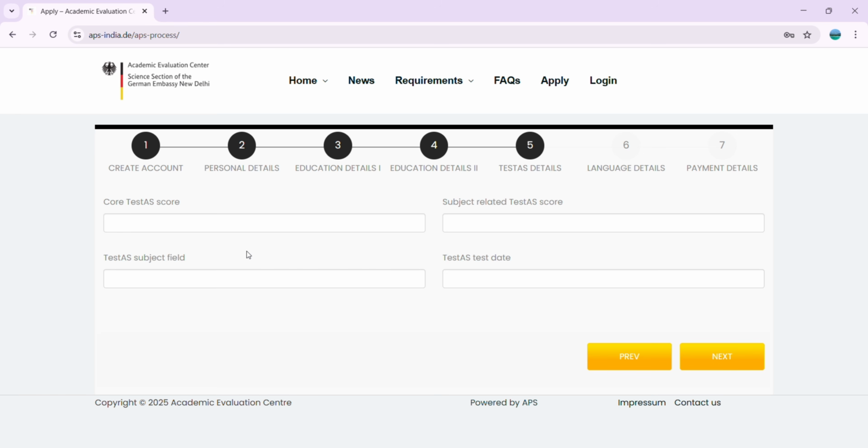TestAS is usually not required for master's applicants. If you already have a bachelor's degree or more than 1 year of university education, you might be exempt for some universities. And please make sure to check the official APS website and university requirements about this. So I'm clicking next here,